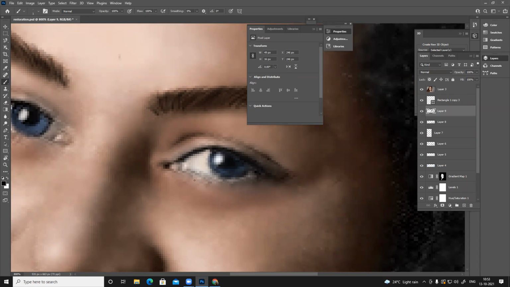That's like a mask, so I'll fix the mask. I can paint some eyelashes also.